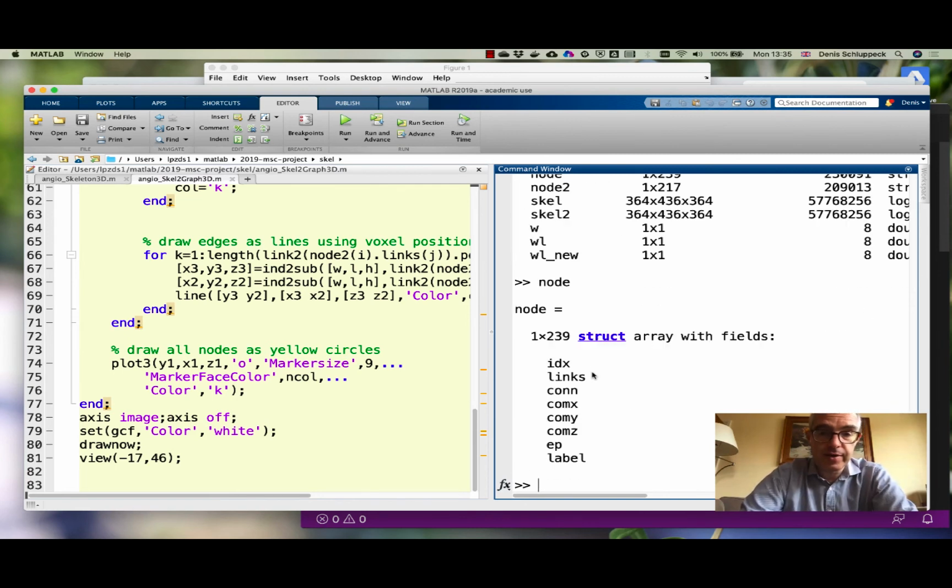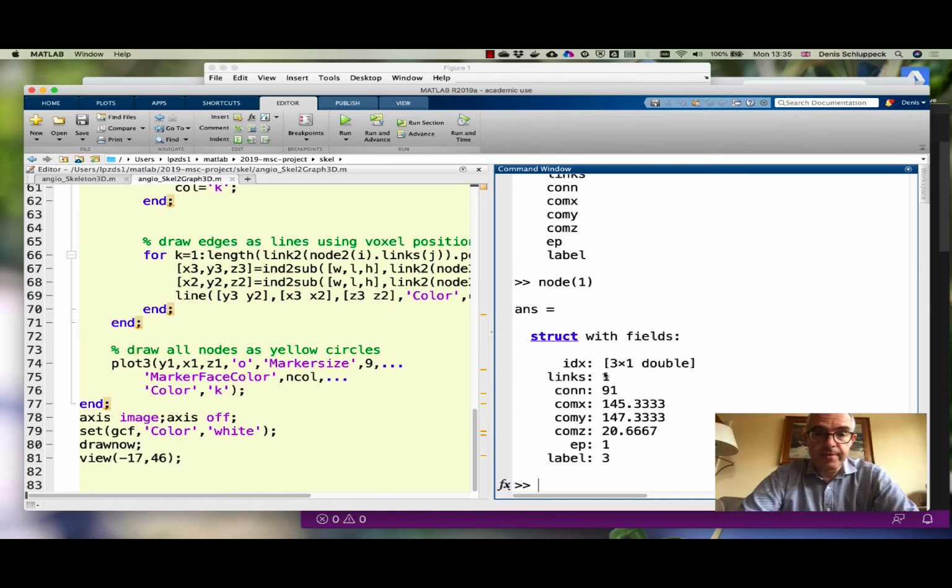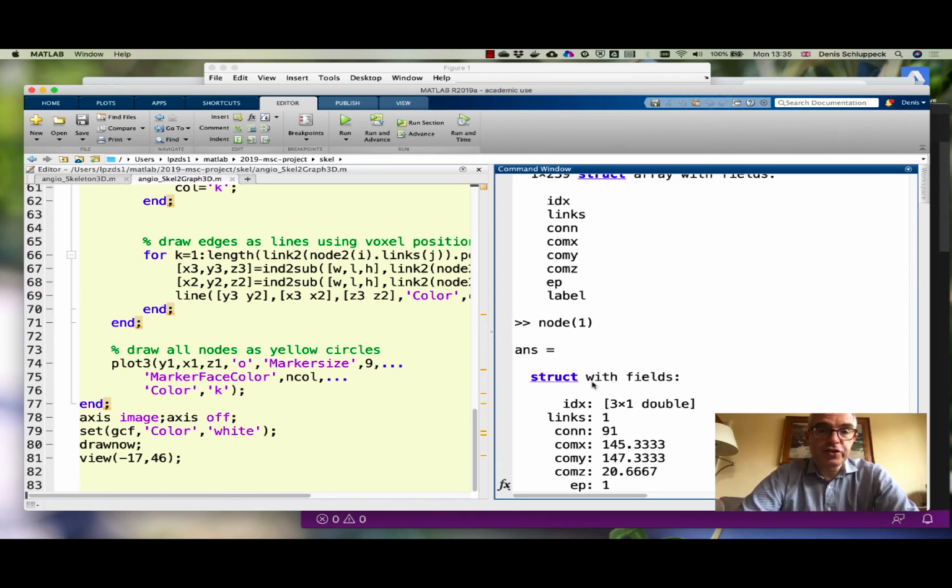So what do they look like? They each have an index, a bunch of connections, and so on, and a center of mass in X and Y, which you can look up what that is. So let's, for example, look at the first node. Has one link, is located at X, Y, and Z, 145, 147, and 20. Right, so these would be in voxel coordinates. And so for each of the nodes in this graph, there's going to be one description here like this,